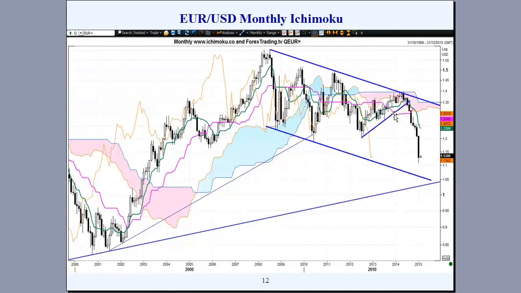Moving next to the Euro US dollar on the monthly charts, and here we see some trend lines and a trend channel that I've drawn on here, and a major trend line here, which may provide some support if this strong selling does occur. A trend line here that was breached to the downside, failing to close below there, and the market trending up on its way. A minor trend line here breached as the market broke out down below the Ichimoku cloud.